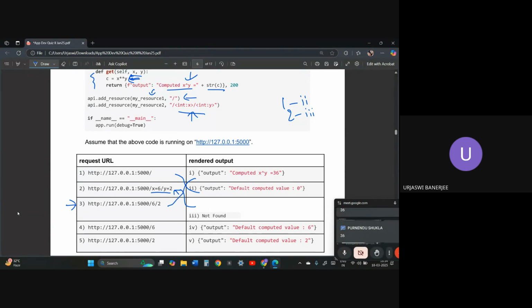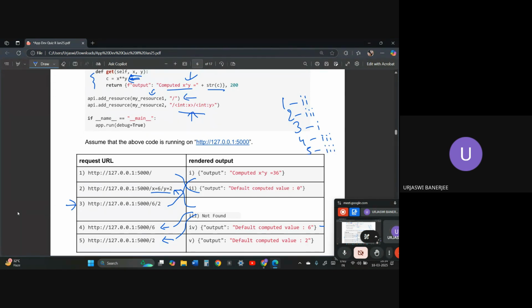Okay, so 3 will be mapped to 1. I was just seeing option 4, so that is why I didn't see that. Another thing is option 4 and option 5 are each passing only one number. So both of them will be mapped to 3 because not found. We are not passing the value y. So 4 will be 3 and 5 will also be 3.